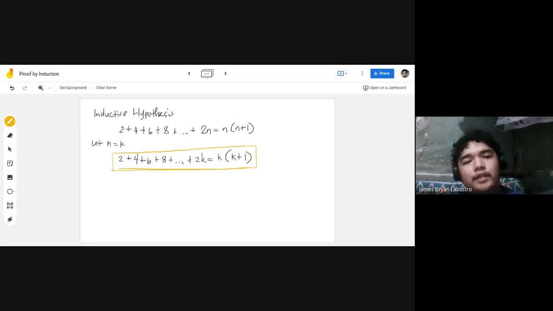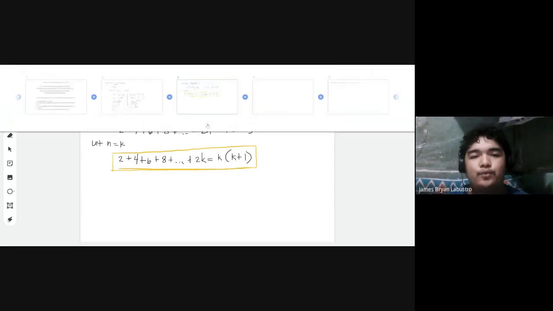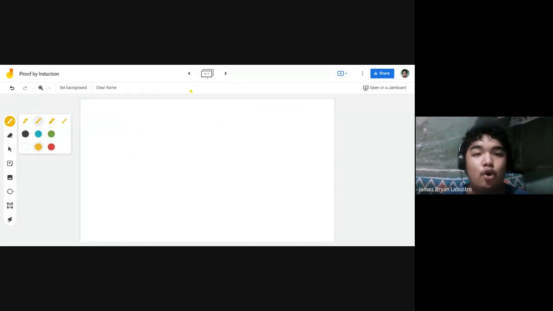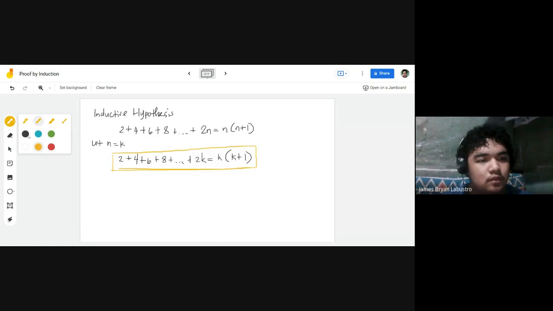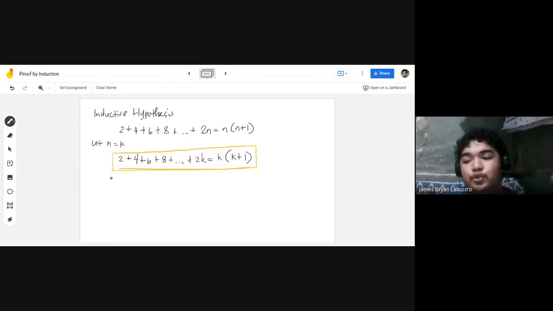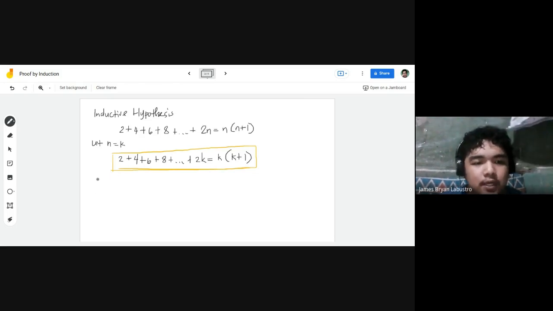Now, for the induction step, we're going to have to rewrite all. So we have the inductive hypothesis. Let this be assumed to be true. Now let P of k be true. It's assumed to be true. So the assumption of the hypothesis. Now for the induction step,